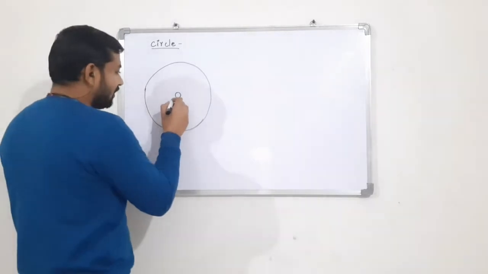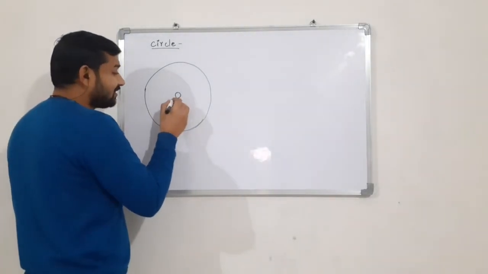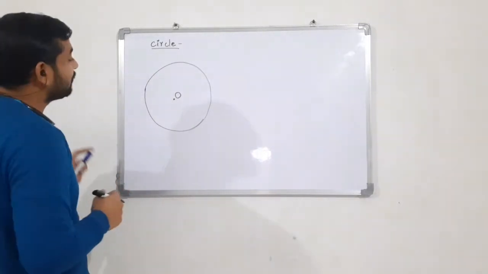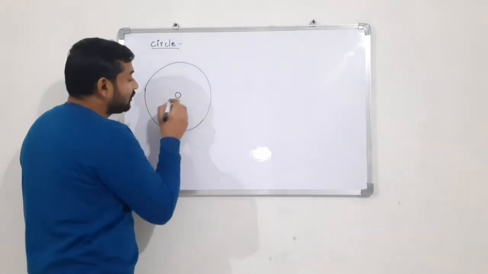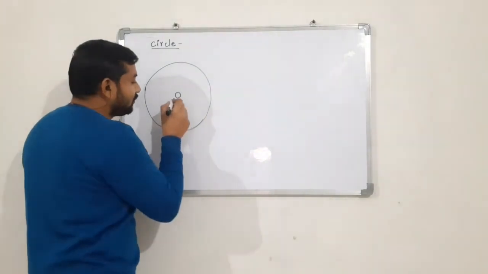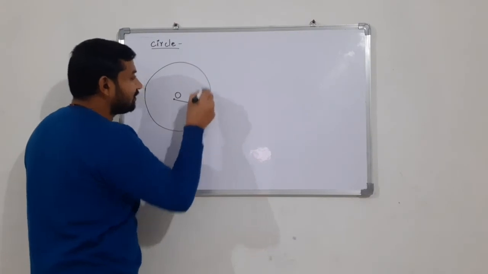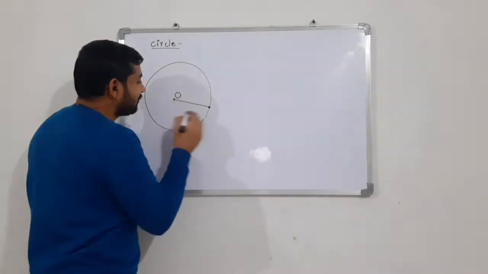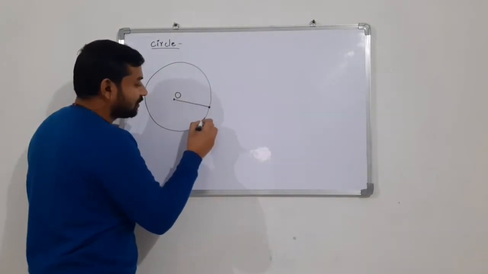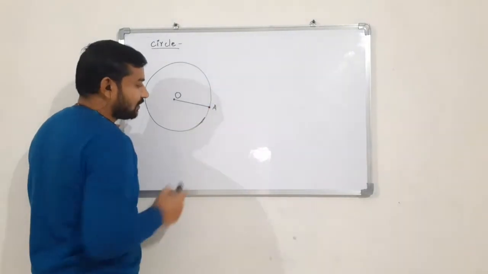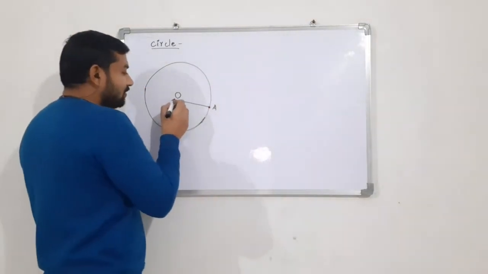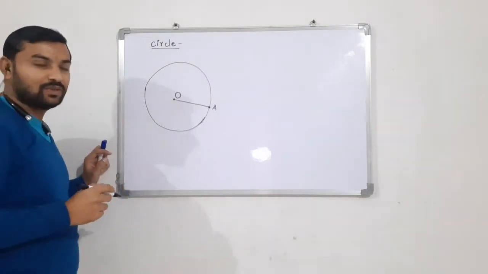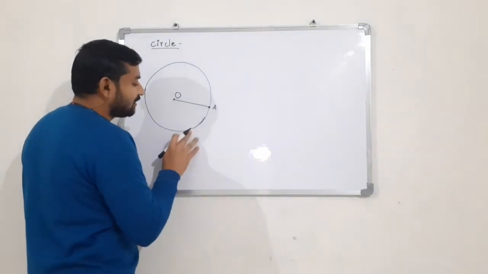Now there are certain things regarding the circles which I want to discuss in this video. सर्कल के बारे में जो बेसिक चीजें हैं वो मैं इस वीडियो में आपसे डिस्कस करना चाह रहा हूँ. This point is called center of the circle. If we join any point on the circumference, this is the circumference, this boundary of circle is called circumference. If we join this center with the point on the boundary of the circle, this point is suppose A, we join this center with any point on the circumference, this line segment is called the radius of the circle. Means we get a radius over here.